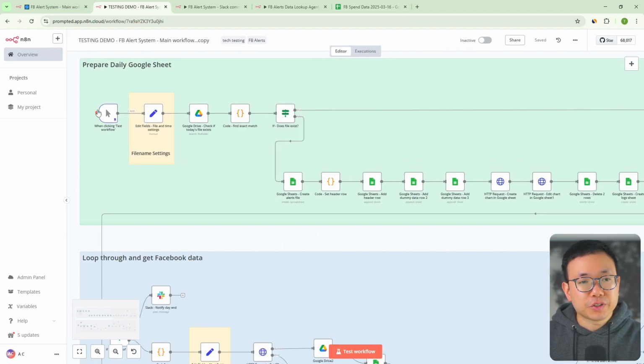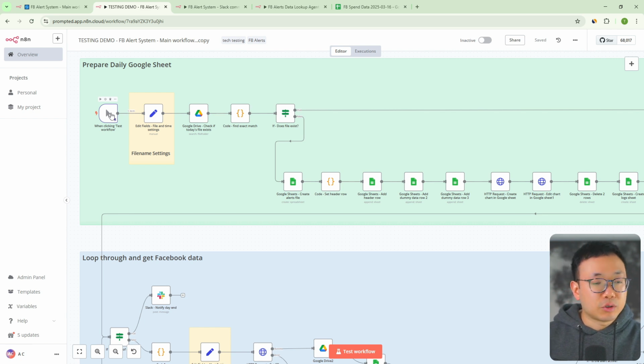All right, so first off, we have the trigger node. Right now I have it as when clicking test workflow. That's because I'm trying to show you this video, so it's a little bit easier to test it like that. But what we'd actually be using is a scheduled trigger. So every day at 12 a.m. or 12:01 a.m., whatever you like,